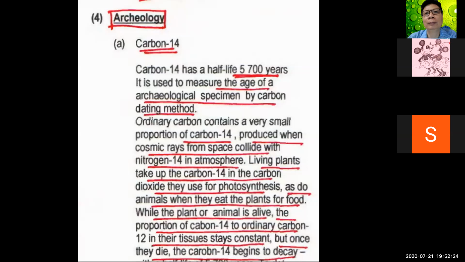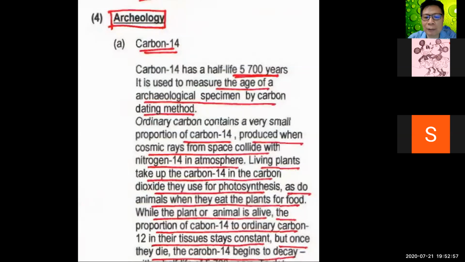They know already how many years these animals have been dead. They check the level of carbon 14 inside your body. If the carbon 14 level in your body is still high, it means you only passed away not long ago. If the carbon 14 level is already very low, it means you may be a few thousand years old. Okay, understand that? So this technique is called carbon dating. Use carbon to find out the date.